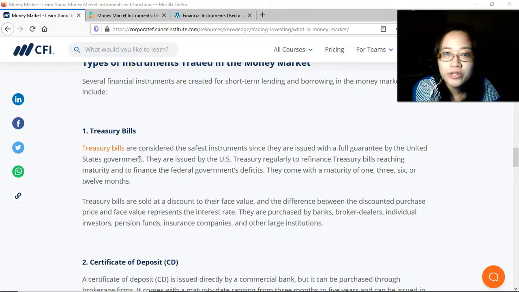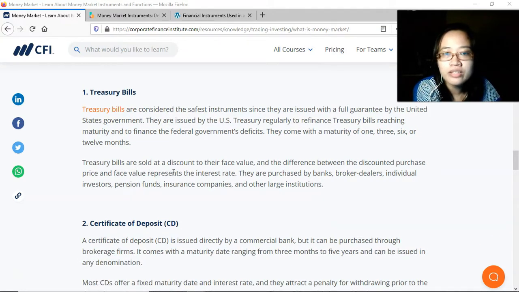So, first, we have Treasury Bills, considered the safest instrument since ang nag-i-issue nito ay government. So, here in the Philippines, we also have Treasury Bills issued by the Republic of the Philippines, the government. Tapos, since backed nga by government resources naman, normally ang maturity, 1, 3, 6, or 12 months, but there are longer maturity periods. Tapos yung interest rates niya, siguro nag-average ng at 4% annual interest rate. Mababa talaga kasi low risk naman yung investment na to.